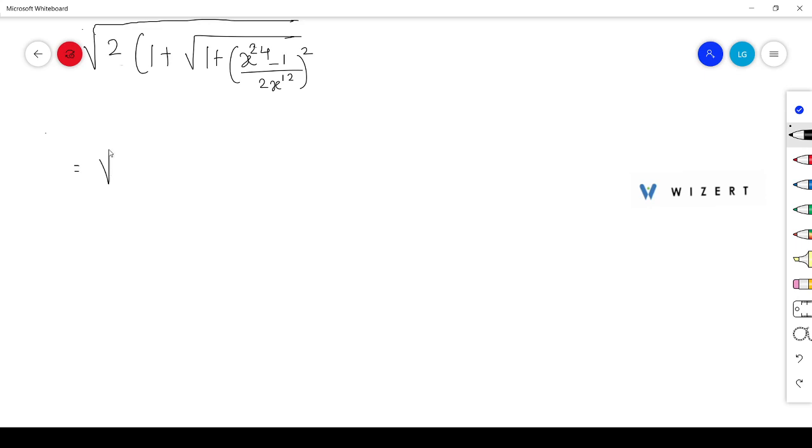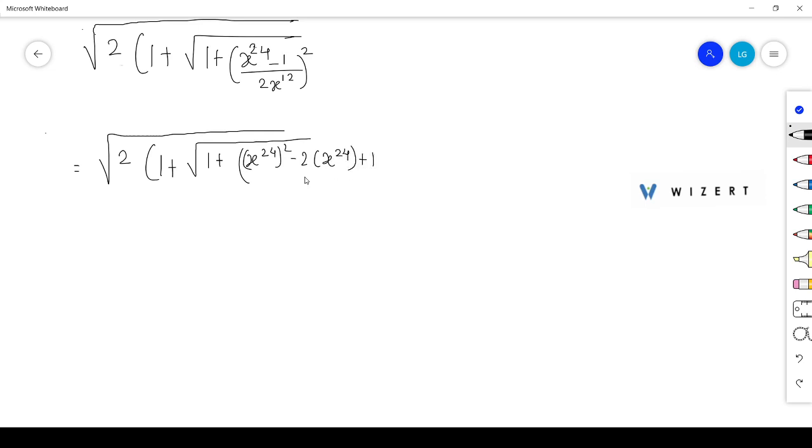This is equals to, first solve the square root, 1 plus square root of this 1 plus, a minus b bracket square, it means a square minus 2ab, means minus 2x to the power 24 plus b square, means plus 1, divided by 2 times x to the power 12, its square. Okay, now this is